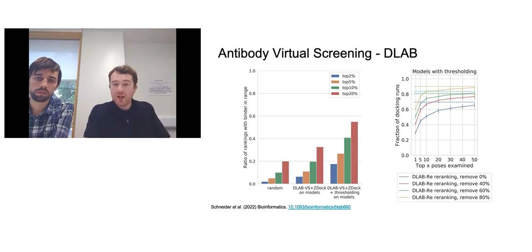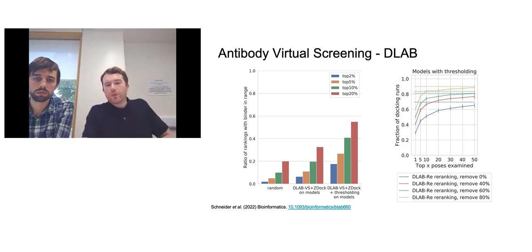The red bar shows the likelihood of getting a true binder if you take the top 20% of things in your library. When I do virtual screening, I'm trying to reduce a big library down to a tractable number to test experimentally. The top n% that you can take is going to be dictated largely by how much you can test experimentally, but clearly it has an effect on your ability to pick out a binder.